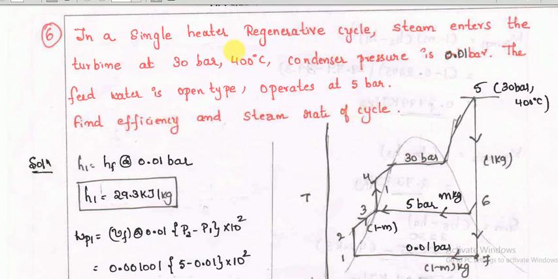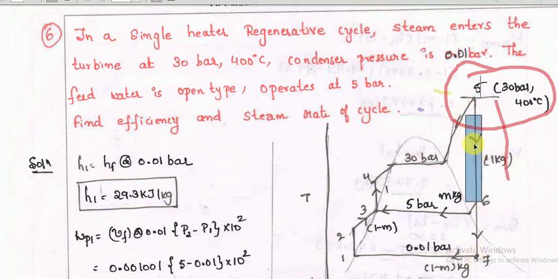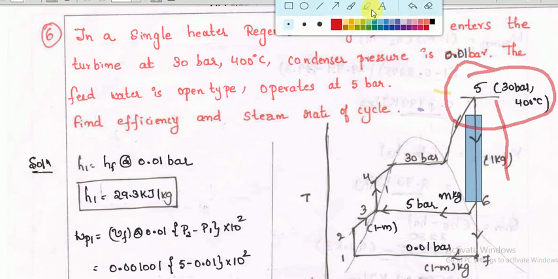So the general layout of a regenerative cycle looks like this. First of all, the steam enters the turbine at 30 bar and 400 degrees Celsius at point number 5. The steam entering at point 5 in the turbine expands till point 7. While expanding, in a regenerative cycle, we take some amount of the steam and